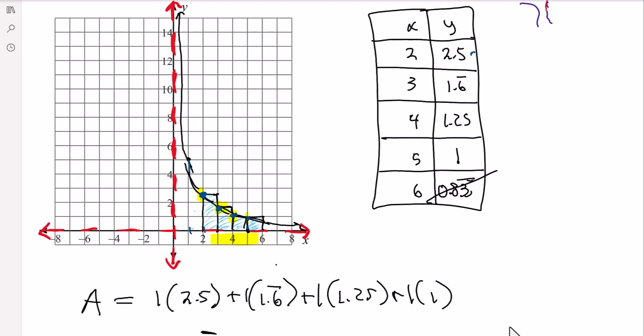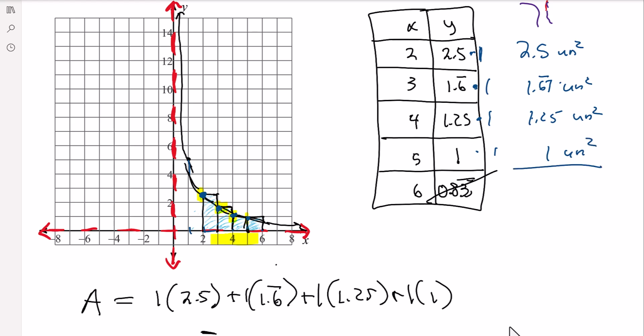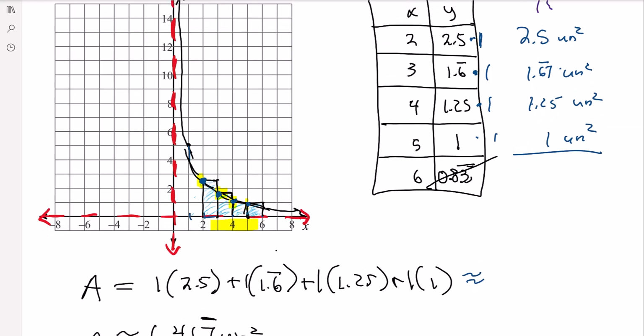So each of those, the rectangle is only 1 unit wide, so 2.5 units squared for that rectangle, 1.6 repeating, so maybe we put 1.67 units squared, 1.25 units squared, 1 unit squared, and you add all those up, and you're roughly going to get about 6.42 units squared